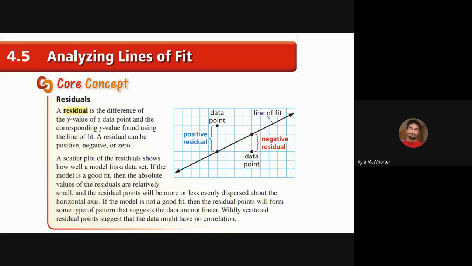So here are some things that we can look for in the residual plot to tell if it fits a data set. If the model is a good fit, then here's one thing. The absolute values of the residuals are relatively small, meaning the distance, whether it's going up or down, of the point away from the line is pretty small. We don't want really big residuals. The bigger the residual is, the worse the line represents the data. And then the other thing to look for